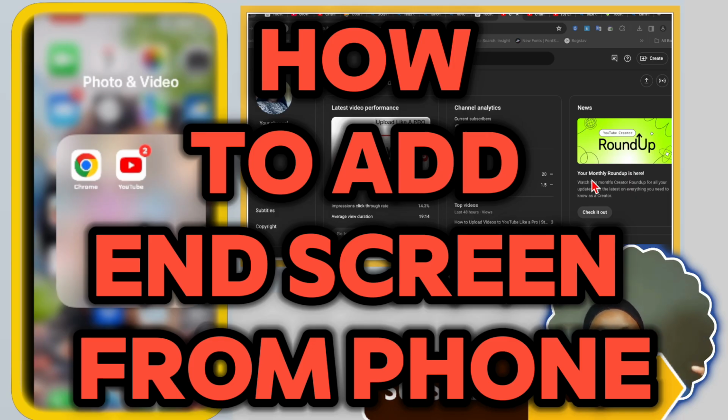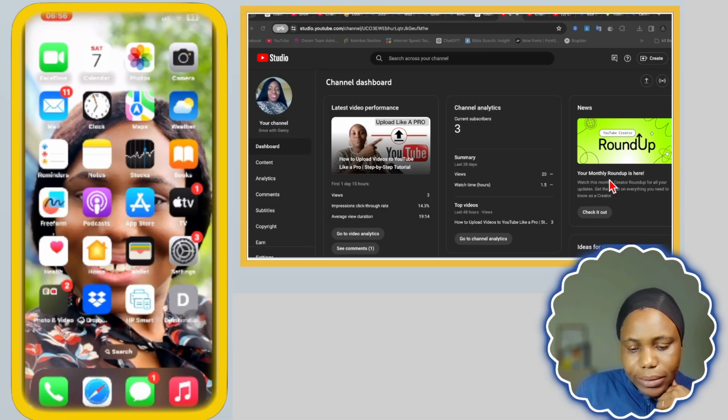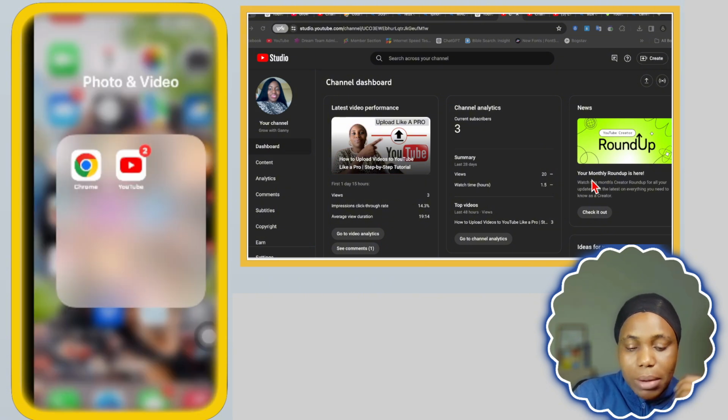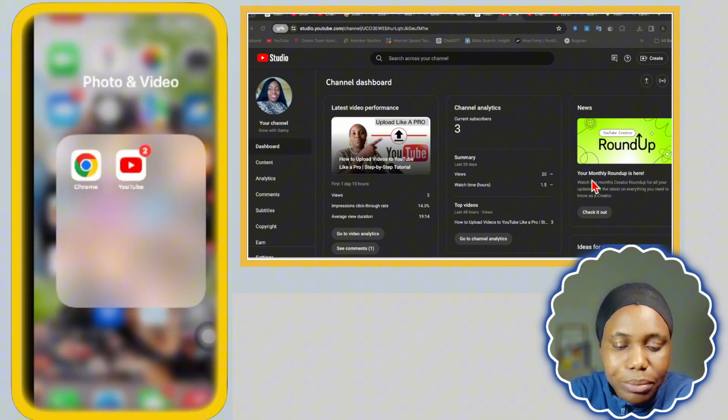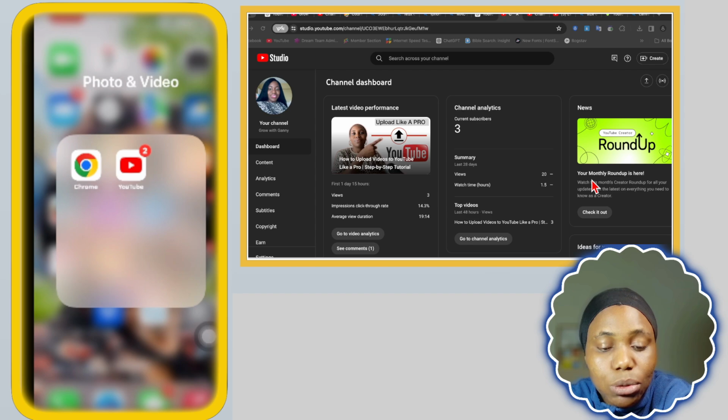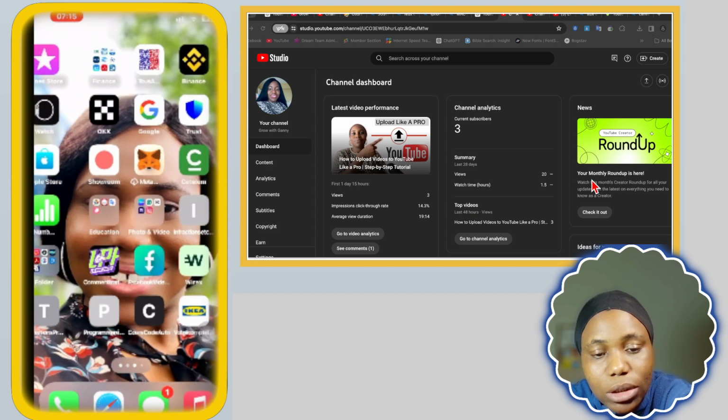How to add an end screen on your phone. As you can see, I am on my phone, and I'm recording this video in the midnight, so that's why it's dark and it's like this. So I am here on my phone, and then as you can see, if you want to add it, it is impossible